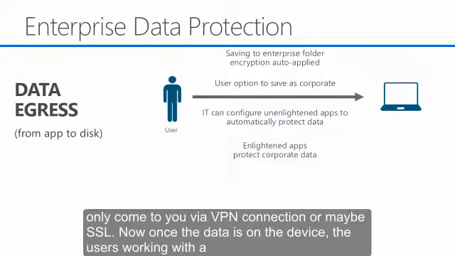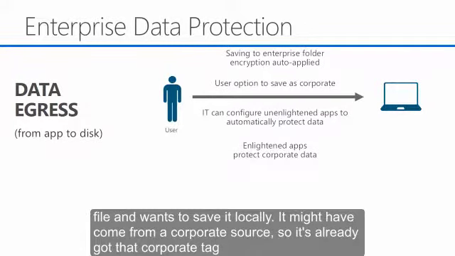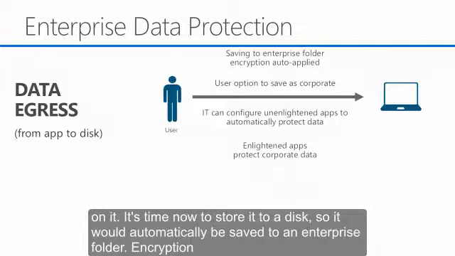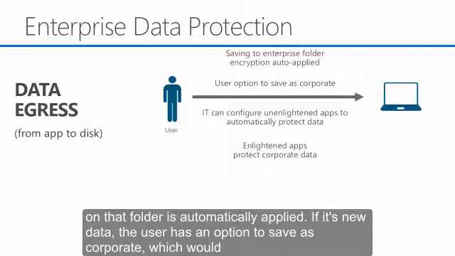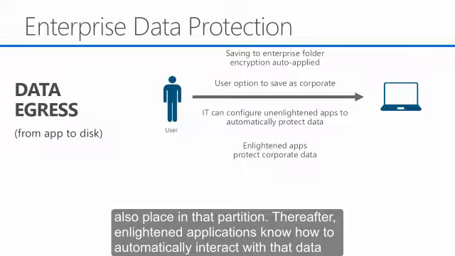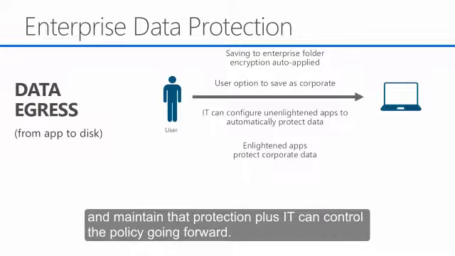Now, once the data is on the device, the user is working with a file and wants to save it locally. It might have come from a corporate source, so it's already got that corporate tag on it. It's time now to store it to a disk, so it would automatically be saved to an enterprise folder. Encryption on that folder is automatically applied. If it's new data, the user has an option to save as corporate, which would also place it in that partition. Thereafter, enlightened applications know how to automatically interact with that data and maintain that protection,